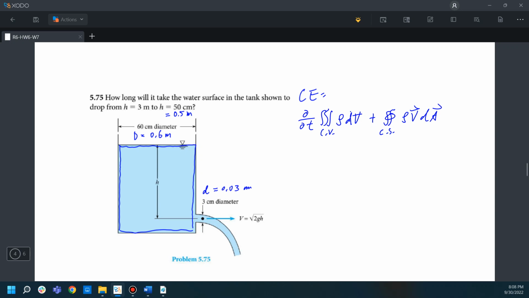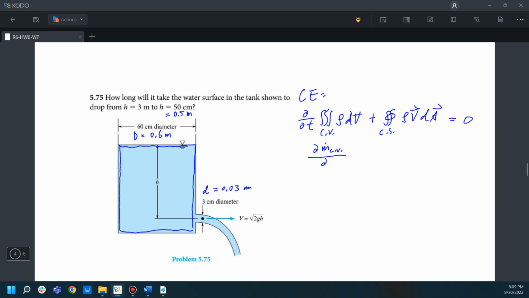Okay, and this will equal 0. And we can further write these things because rho times the volume is equal to the mass. So this is basically the mass change in this control volume